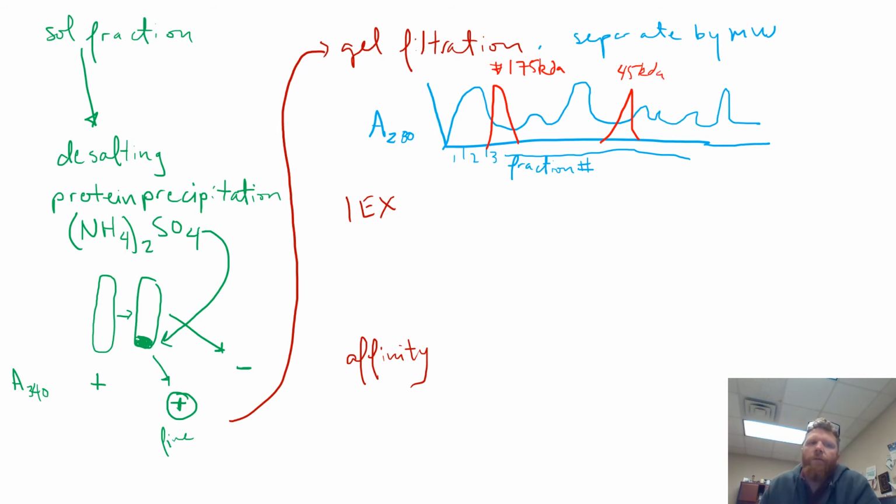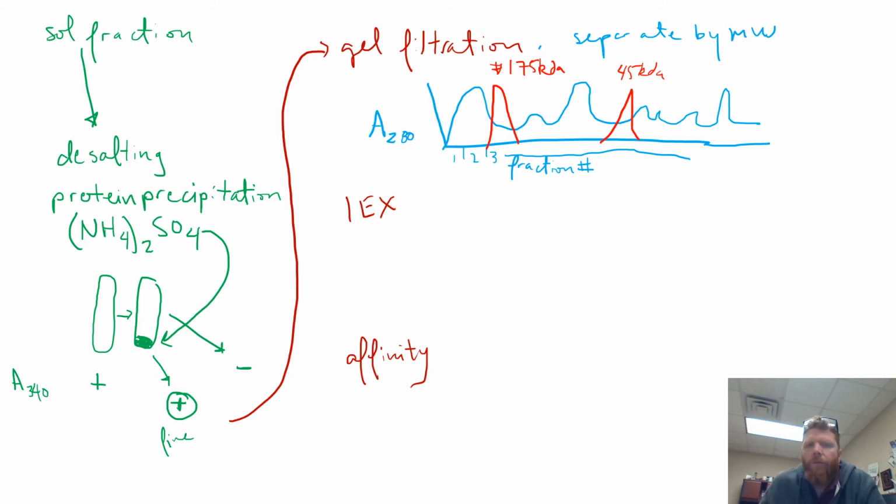So whenever you're confronted with something like this, with these 2 bookend molecules or proteins, you know that anything that comes off of the column after the 45 kilodalton or before the 175 kilodalton fraction, you know approximately the sizes they are. Or at least you can say it's larger than 175 or smaller than 45. What that means, and the benefit of that, is if you are trying to purify a protein that's, say, 120